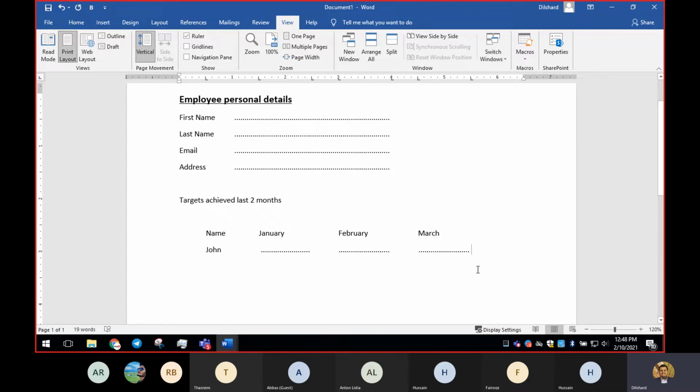So after completing the first row, since we have tab points in all the rows, I'm going to keep on pressing tab, and I'm going to say second person, employee, and press tab there.